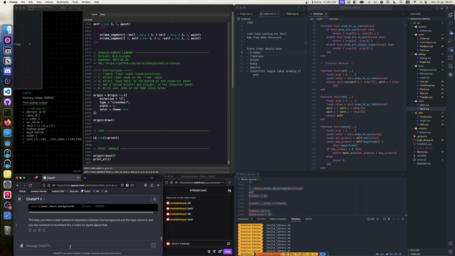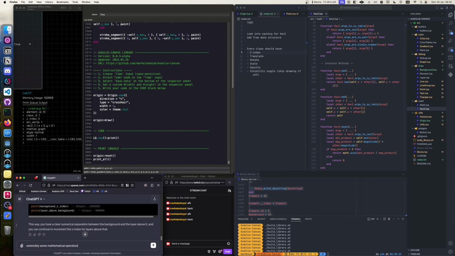Okay, ostensibly some mathematical operations are faster than doing a lookup on a table. So what things are actually worth caching? Just division